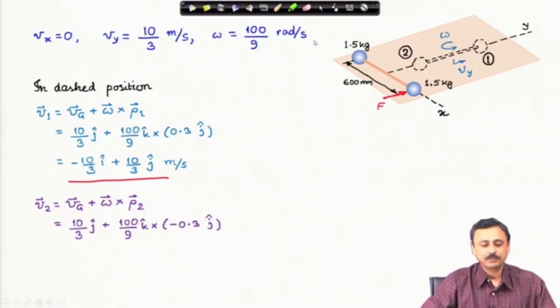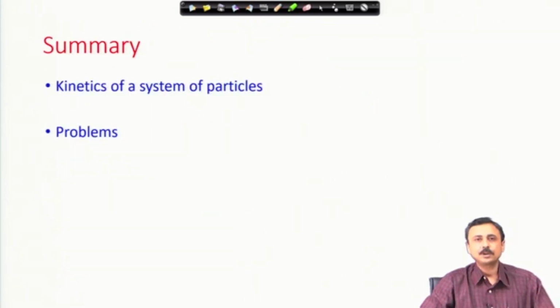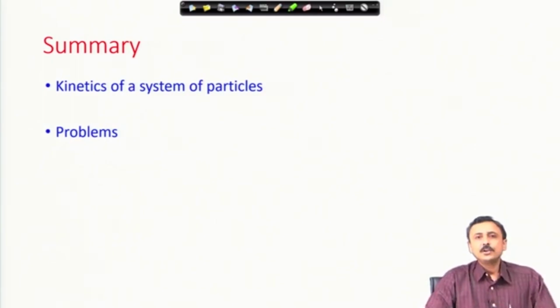So, that is what I have written out and calculated the velocity of the second particle. So, this completes this problem, and to summarize, we have looked at some problems based on the generalized Newton's second